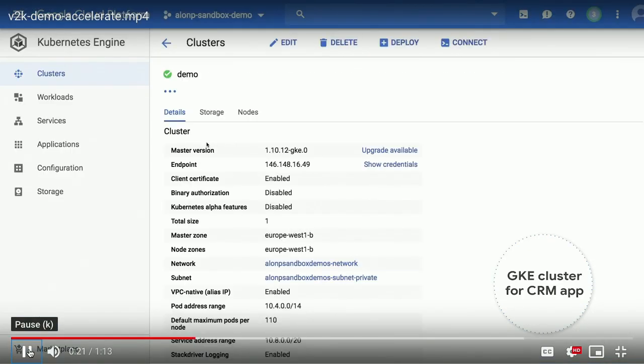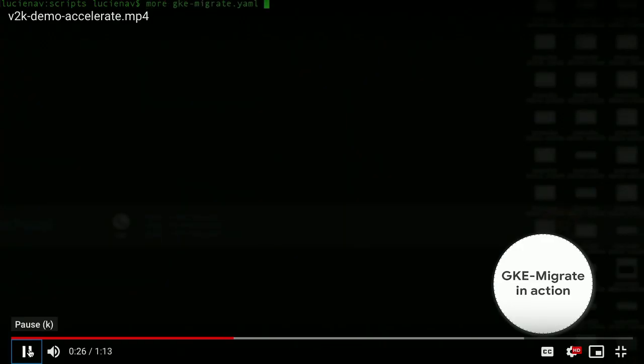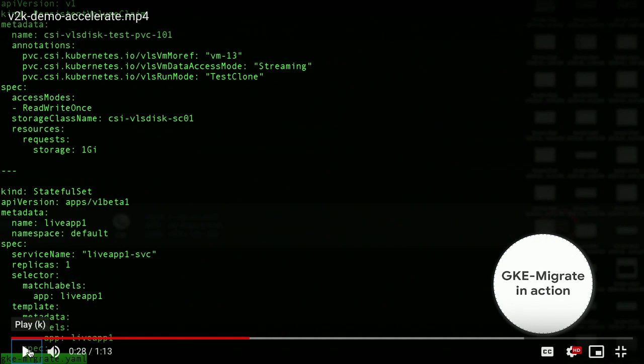Then I have a GKE cluster called Demo, which is running a specific version of GKE, and I have basically a YAML file. Remember, I told you that we start the migration from YAML and from Kubernetes. So we have a file where we say, look, this is the VM number. We want to use streaming for our Velostrada migration technology, and we want to do a test clone, for example. We point to a persistent disk, and we define the app name and the way it will look once it's migrated on the